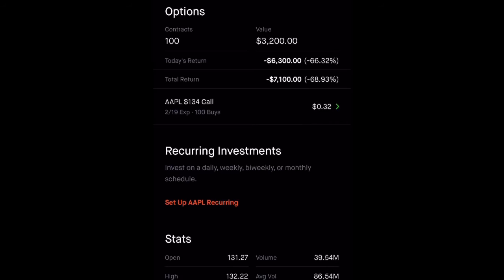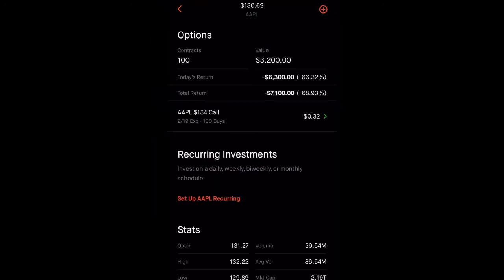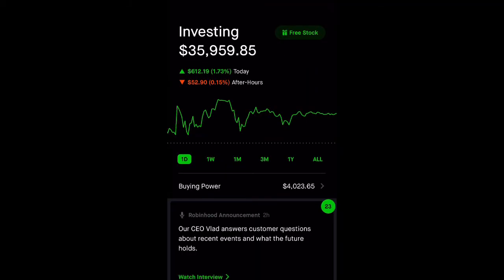Here's another one. This is an Apple call option. He bought 100 contracts. It's 134 strike price. Apple today closed at 129. It expired worthless, and he's down $10,000. So those are just some extreme call option buys. And I don't want anyone to lose money on call options. That's why I always try to push out selling cash secured puts and not try to get into FOMO because